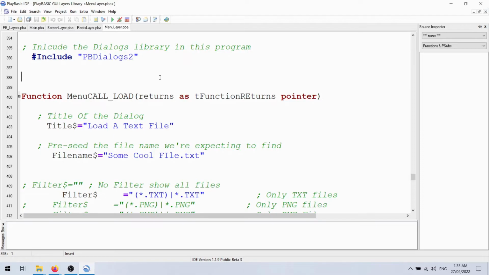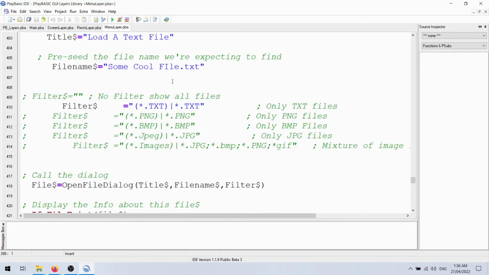So you couldn't have two menus that were called menu in memory at once. If you call your menu something else, or dialogue or whatever you're going to call it, then that's fine. But anyway, this thing here,